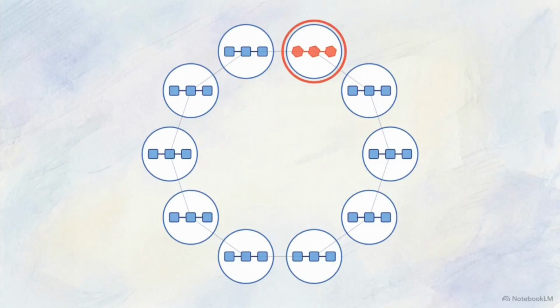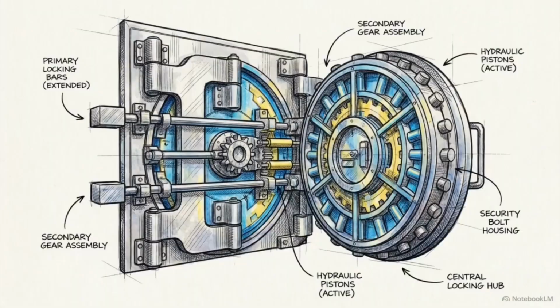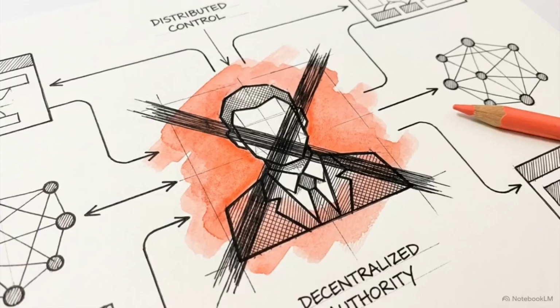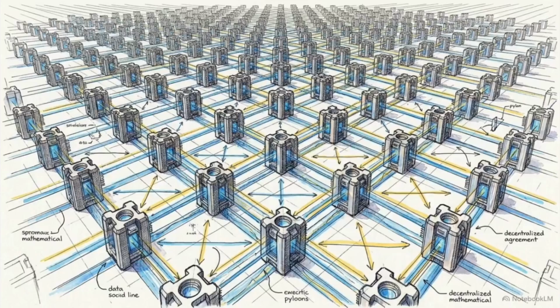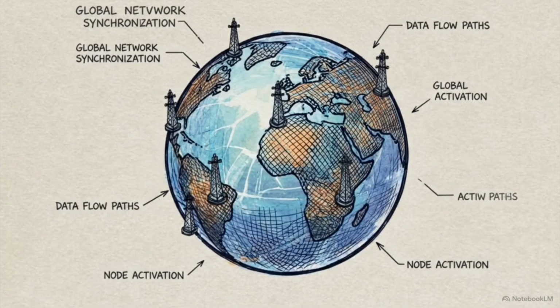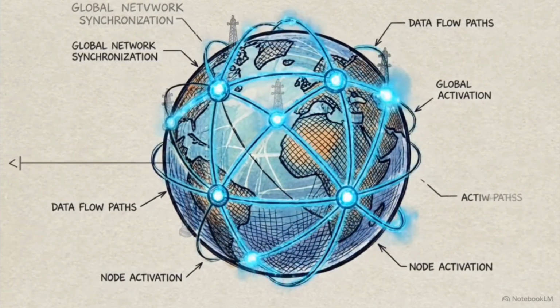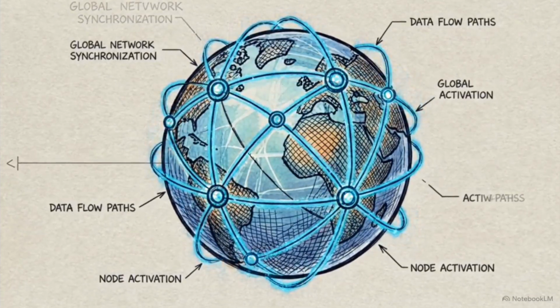The network operates by consensus. Because the altered copy does not match the unedited majority, the system automatically deletes the outlier and overwrites it with the correct sequence. The resulting system is inherently secure, completely transparent to everyone participating, and highly resistant to tampering. Truth is no longer dictated by trusting a central boss. It is mathematically enforced by the collective agreement of the entire network. Zooming out, we can clearly see how this decentralized architecture operates continuously across a massive, synchronized global grid.